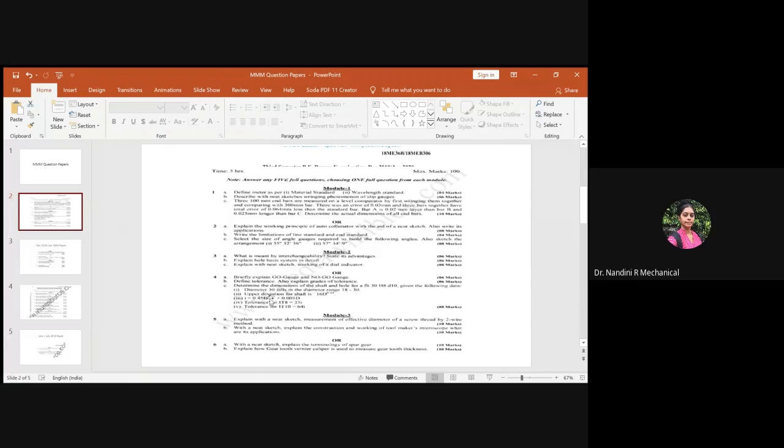Okay. So then they have also asked related to the tolerance. Define tolerance. Also explain the grades of tolerance which are being used. So you have to explain what you mean by tolerance, what are the grades of tolerance, when and how you will be using it. And you will be having one numerical. So you have a numerical here on the shaft design.